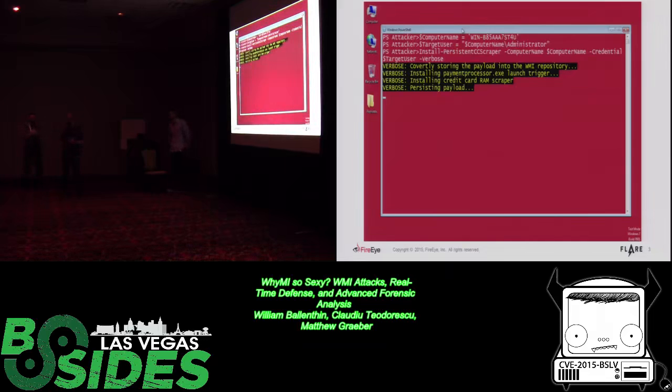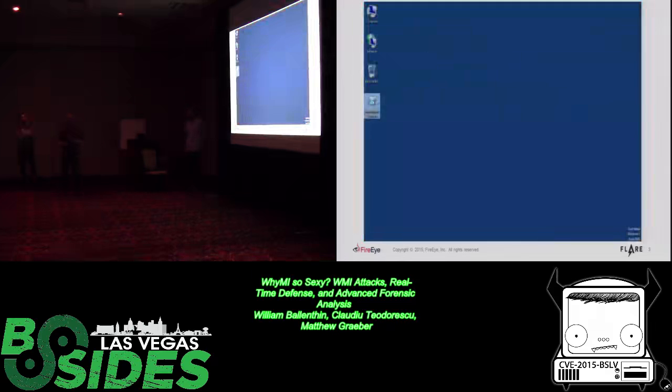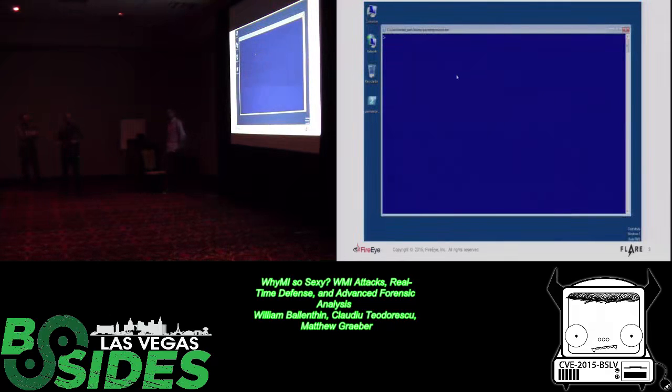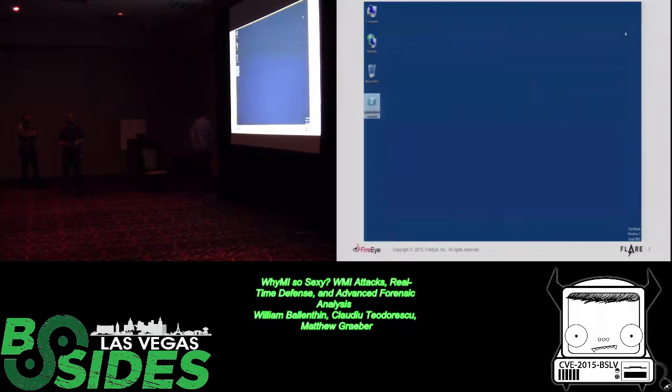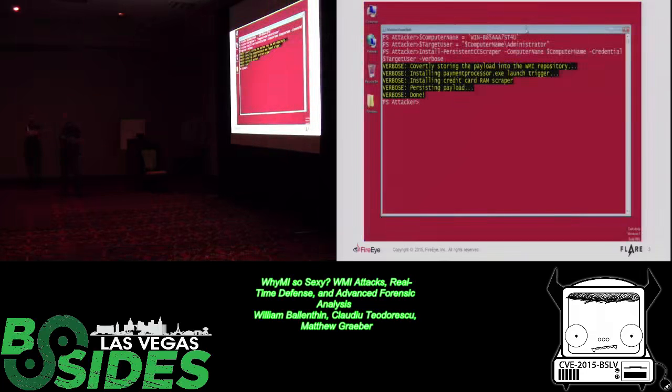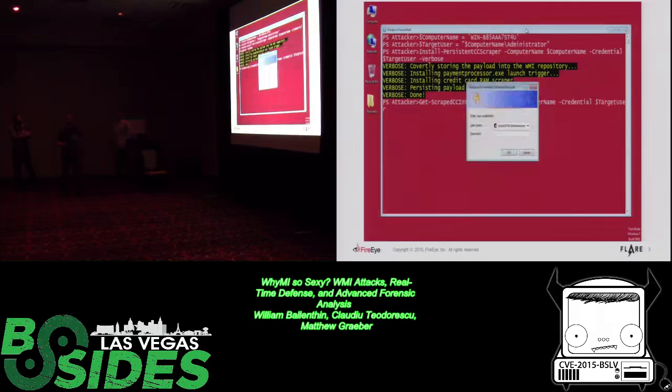WMI is an inherently asynchronous technology that responds to events, and when those events trigger, a payload is executed. We're storing it persistently, and the output of the scraped credit card track data is going to be stored persistently in the WMI repository. Here is our fictitious PowerShell payment processor.exe, where I'm putting in some fake track data. Payment processor.exe launched and closed. The payload was scraping it while the executable was running, and now we can pull back the parsed credit card information